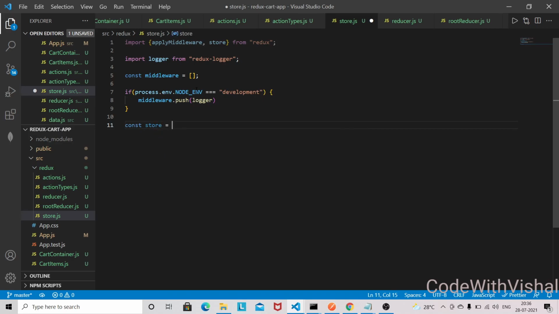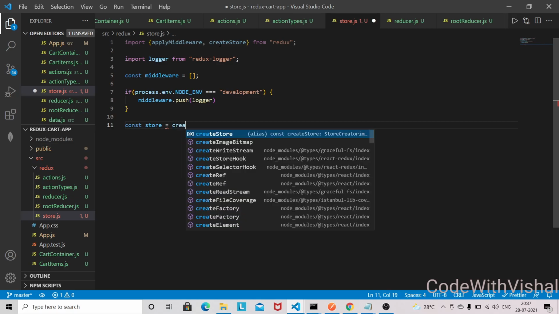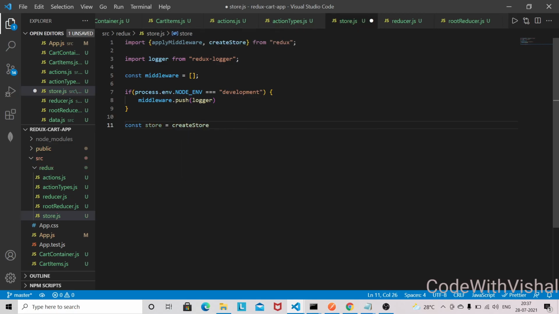So const store equal to, so we need createStore, and we are going to use this createStore here, and inside that we also need to bring that root reducer.